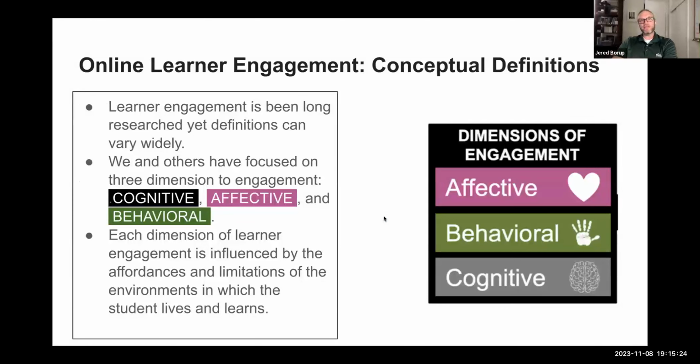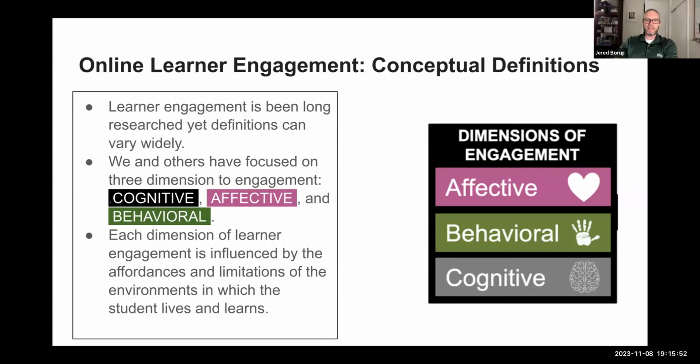And then we thought, okay, how are we going to define what learner engagement is? And it's tricky. Anyone who's taught, you can say at the end of a lesson, wow, that was great. The learners were really engaged. But what does that mean exactly, right? As researchers, we have to define it for us to research it. And so for this article, we reviewed lots of different definitions of engagement.